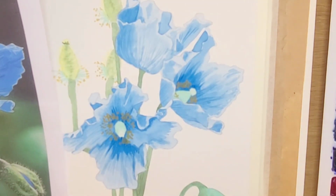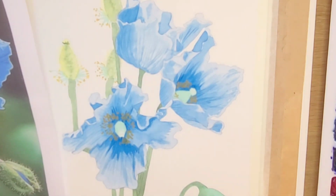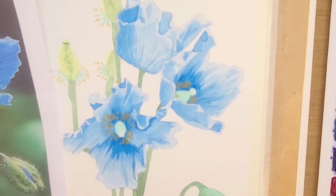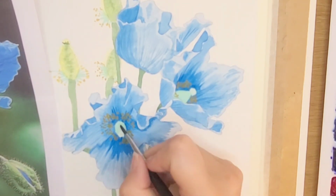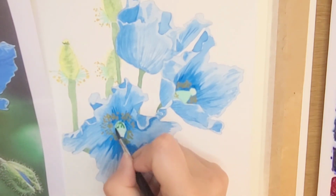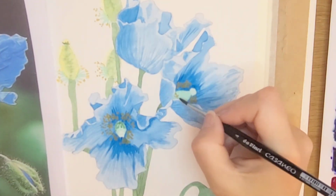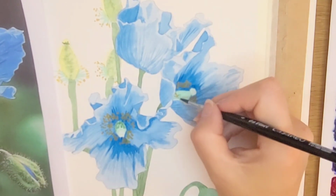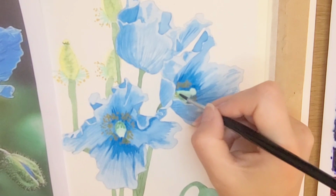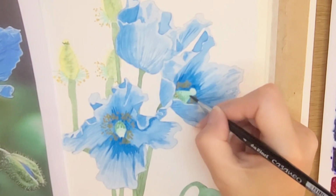One thing I will do though is just work on the centres. We've got that Viridian green was the base, wasn't it? So that's just one flat wash. What we need to do is just add a little bit of shadow in there. So I'm just going to take a tiny bit of the darker green. I'm using the Midnight Green for my darker green colour, and I'm just going to paint in some shadows where I can see it. So you've got overlapping petals that are hanging in front and shading the centres, so that's what's casting the shadow. And I'm using little dabbing techniques again to make little marks. Creates a bit of texture,